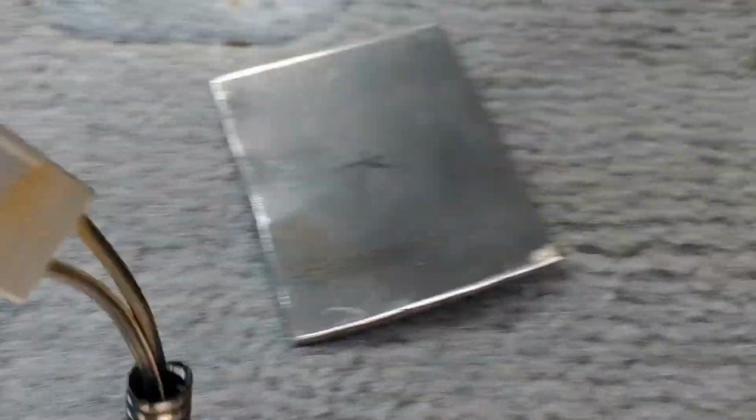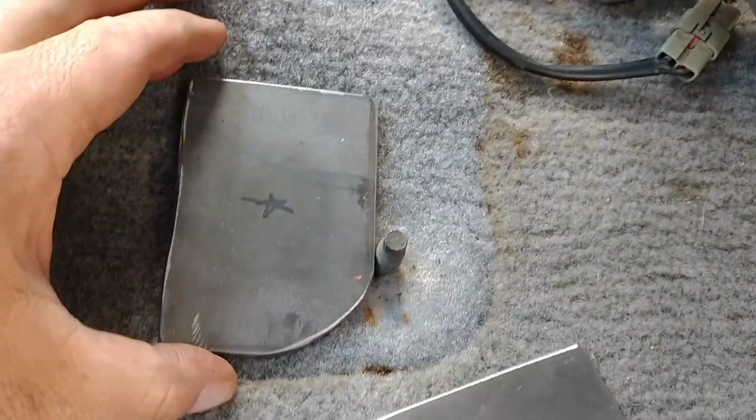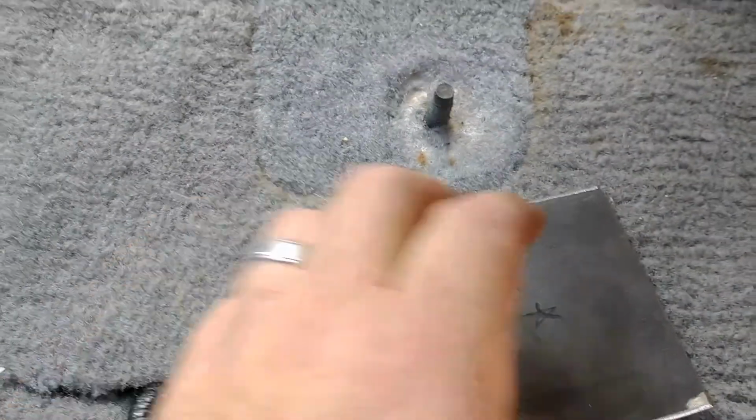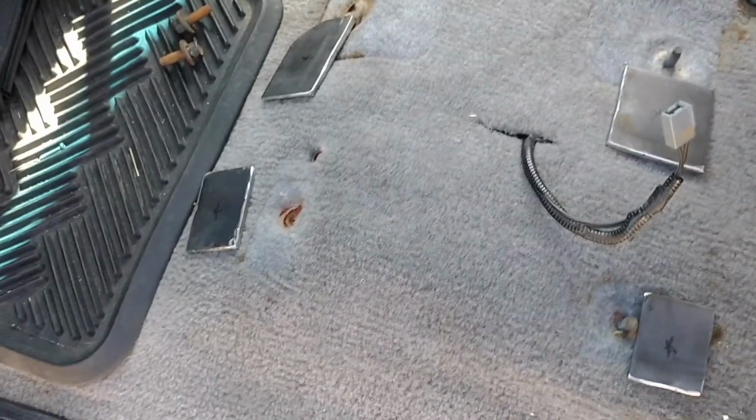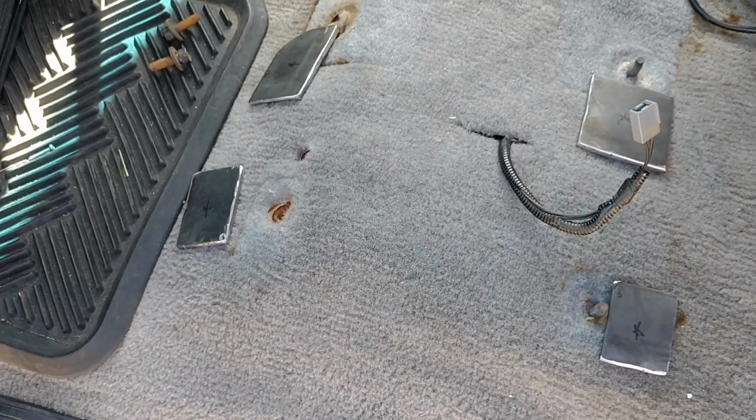I could round it out. Maybe is that one supposed to go there? Nah, it'll be fine. So there you go. I'm going to bust out the drill, drill some holes, put that in there, and then I will show you what